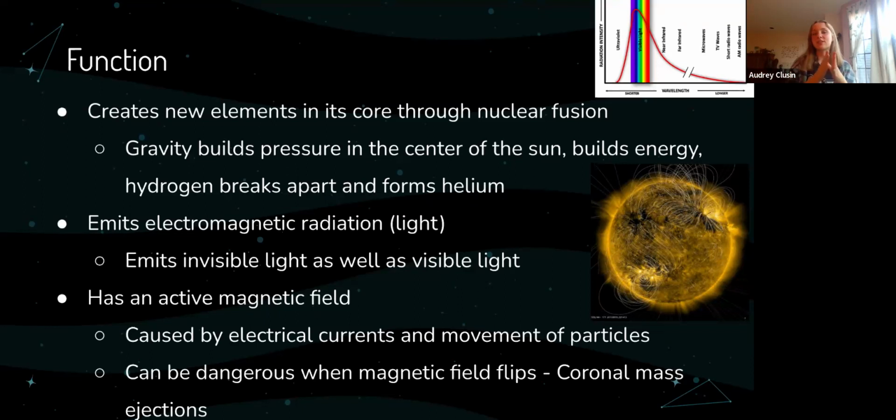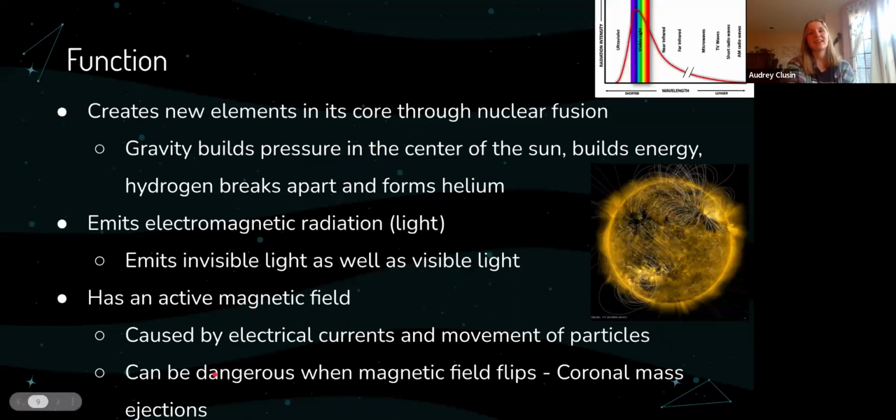And if it has less energy than visible light, you also aren't able to see it, but it's still a form of light. And the sun, as you can see, mainly emits visible light. And this is probably why we evolved to be able to see visible light, because the sun mainly emits that, which is a kind of interesting fact.